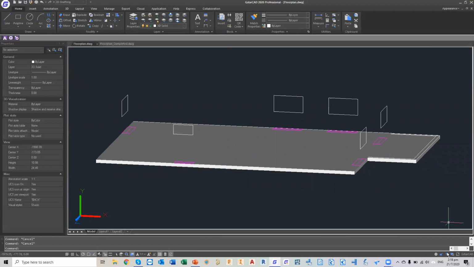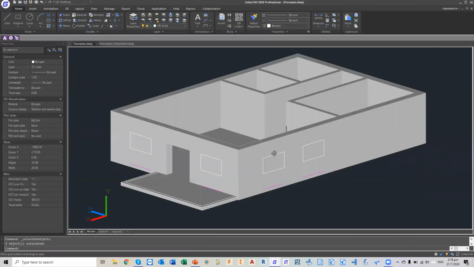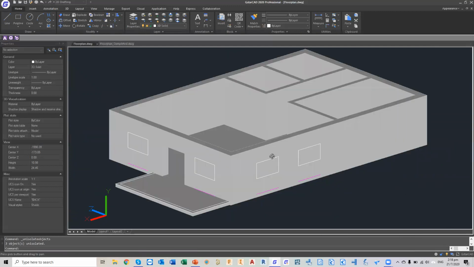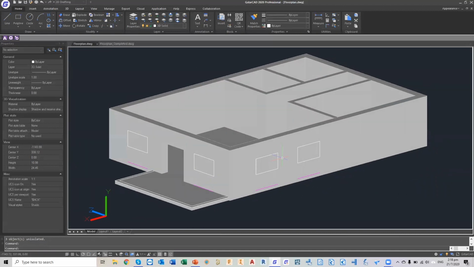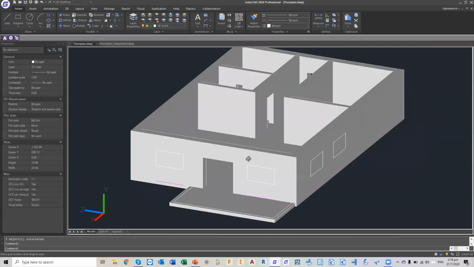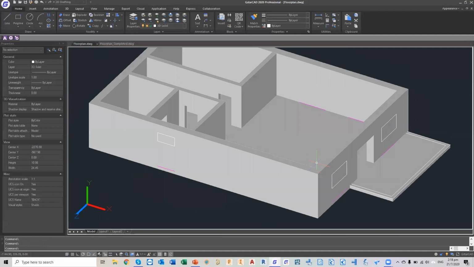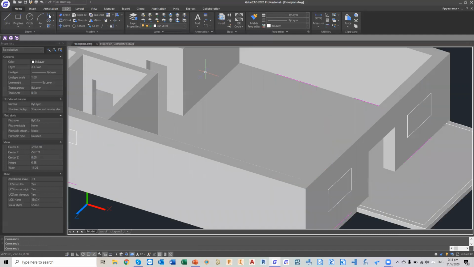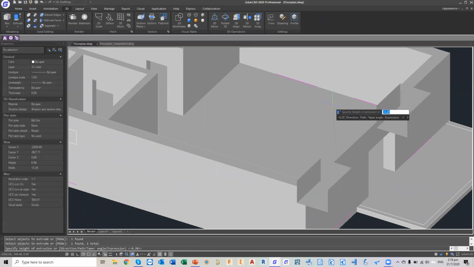Now I will end my object isolation by clicking on this button to bring back all my hidden walls. Okay, so you can see the walls, right? We have the outline of the windows sketched on that already, right? So the next thing, we will need to create the opening for the windows. Okay, so in order to do that, we have to use the extrude command. Okay, select the two rectangles here, and then I'm going to extrude